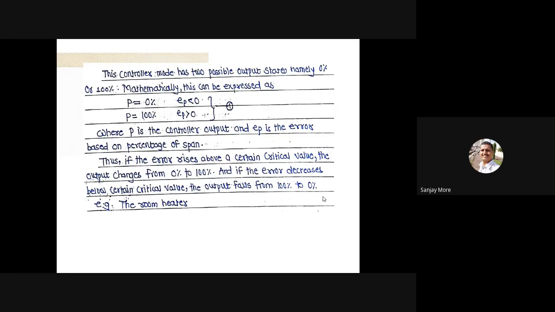Therefore, P is equal to 0% or P is equal to 100%, meaning when the error e(t) of this input is less than 0 and e(t) is greater than 0, considering equation first. Okay. If the error rises above a certain critical value,